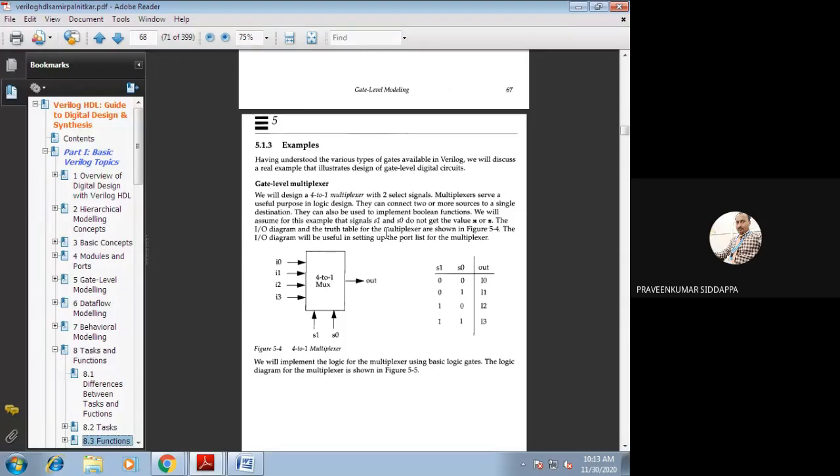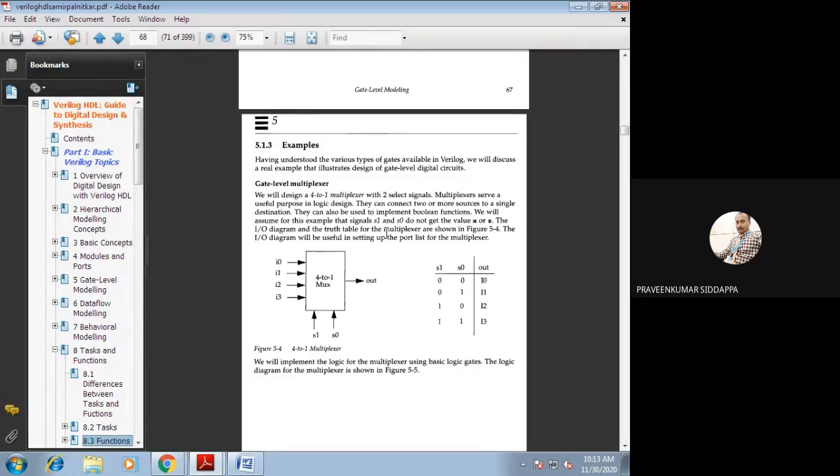Whenever any title is given, first we should design it compulsorily, in data flow description and in gate level description. In data flow description, we design up to the Boolean expression. But in gate level description, we should design up to the logical diagram.